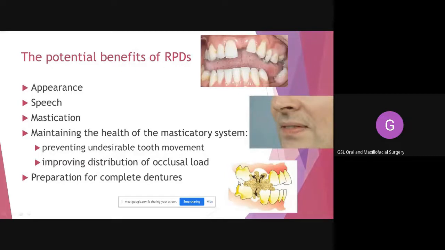Thereby, for the posterior teeth, the most important aspect we are going to consider is mastication. Missing